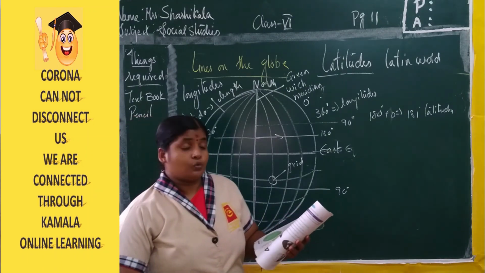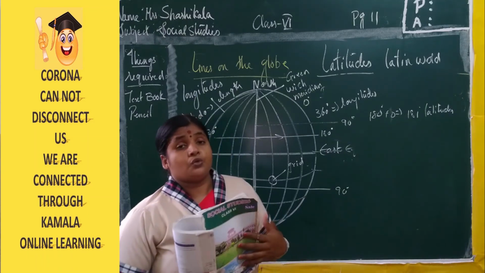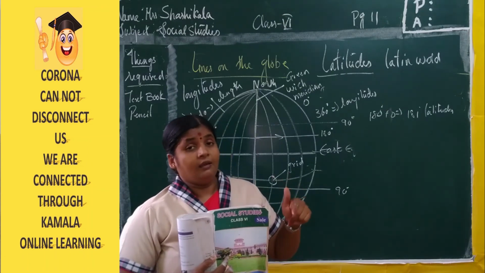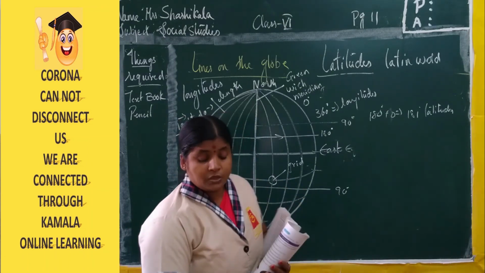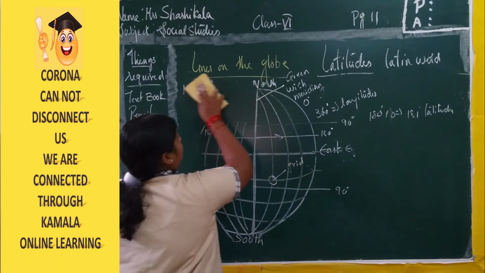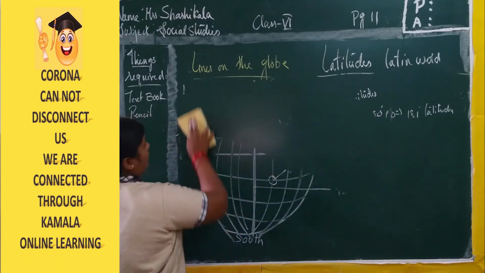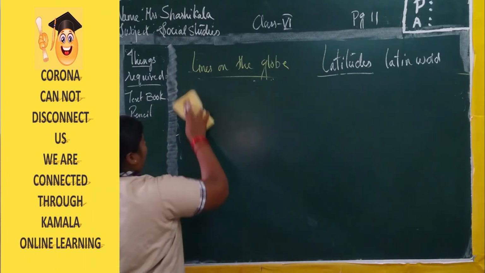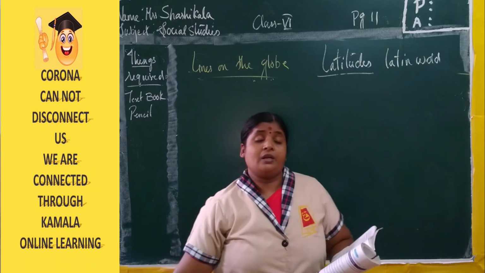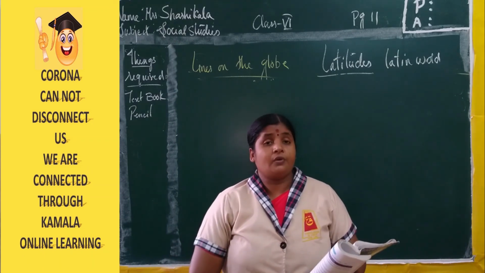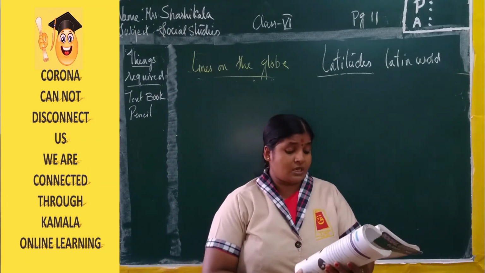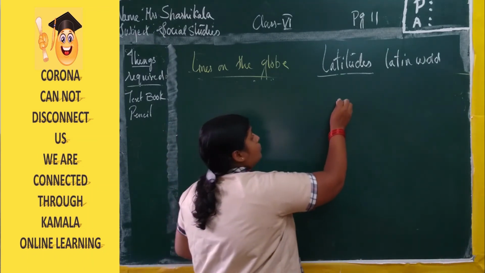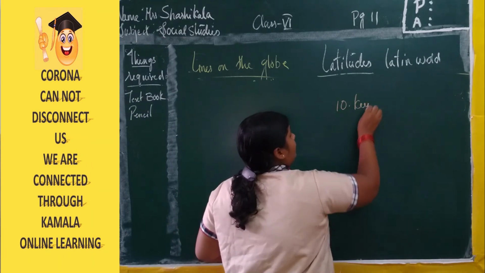Now I hope you have understood this lesson. During the previous class, I told you to write 10 new words or key words. Now please copy down the homework. You need to read the textbook and underline the important key points. Whenever you are doing textbook reading, please do not waste your time at home. After writing the keywords or the new words, you need to write 10 key points.